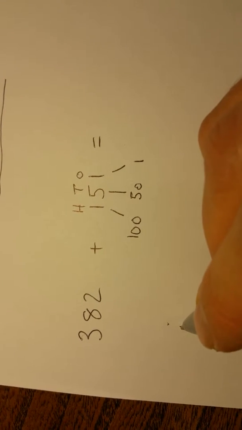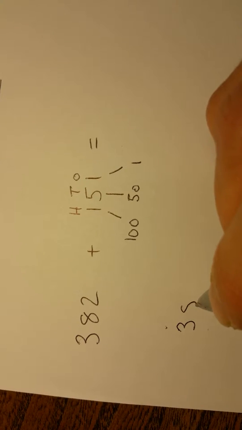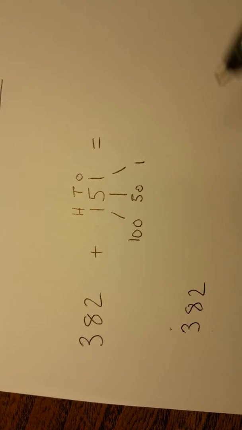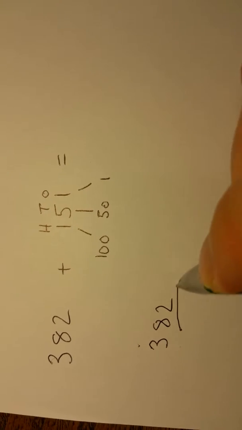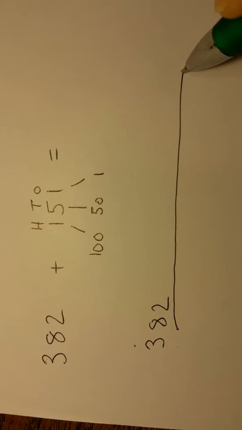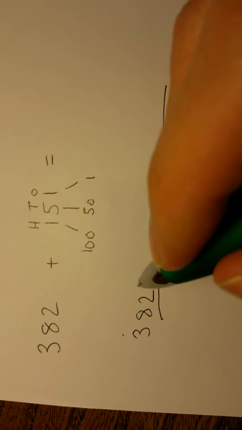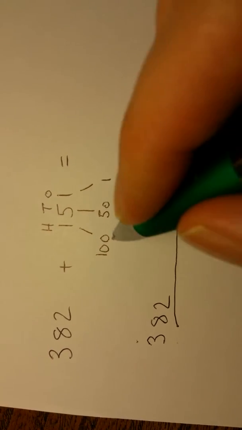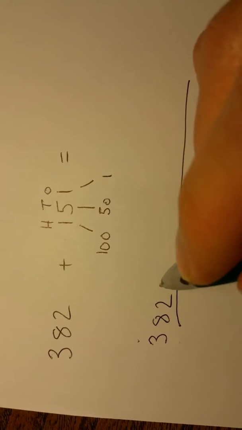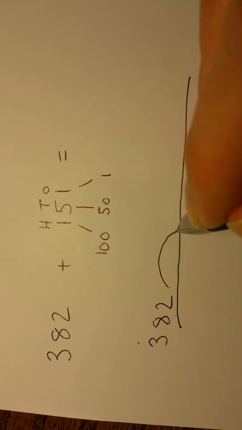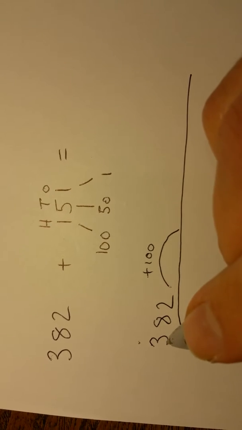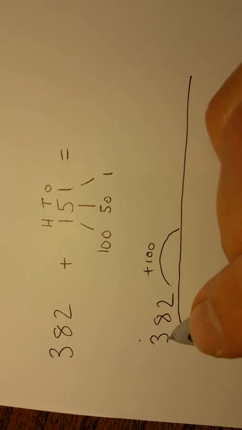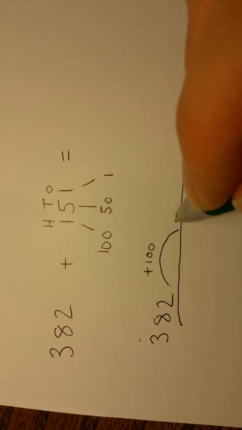I'm going to do this on a number line again. And this is considered a mental method. So in year 3, when we talk about mental methods, this is fine. You don't actually have to do the whole thing in your head. So right, 382 plus 100. So I'm going to draw my jump forward, right, plus 100. And that's easy, just add another 1 in our hundreds column, so that's